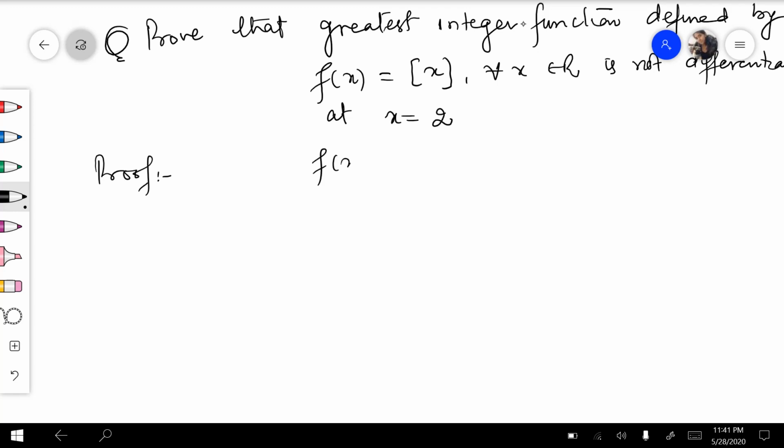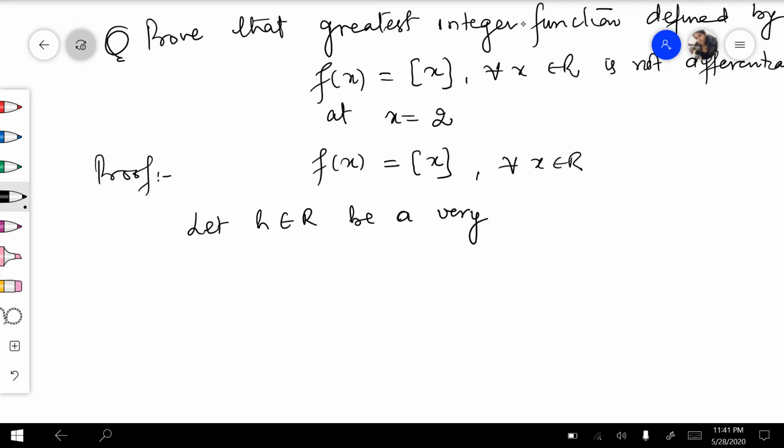We are given that f of x is equal to the greatest integer value of x for every x belongs to R. Let h belongs to R be a very, very small positive number. It is as small as possible. That means it can be approximated as 0. Then